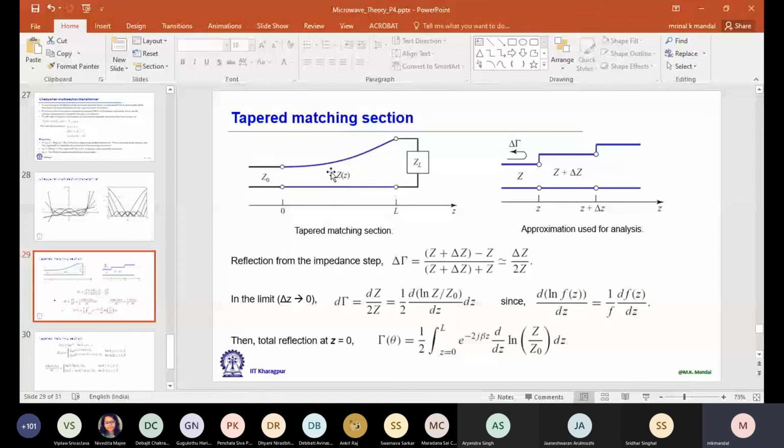What we can do is use the differentiation-integration concept, which you learned in standard 10 or 11. We consider a small section of length delta z, which is vanishingly small, and over that section I consider the characteristic impedance to remain the same. This section is z plus delta z, the next section is z plus twice delta z, and so on, where delta z tends to 0.